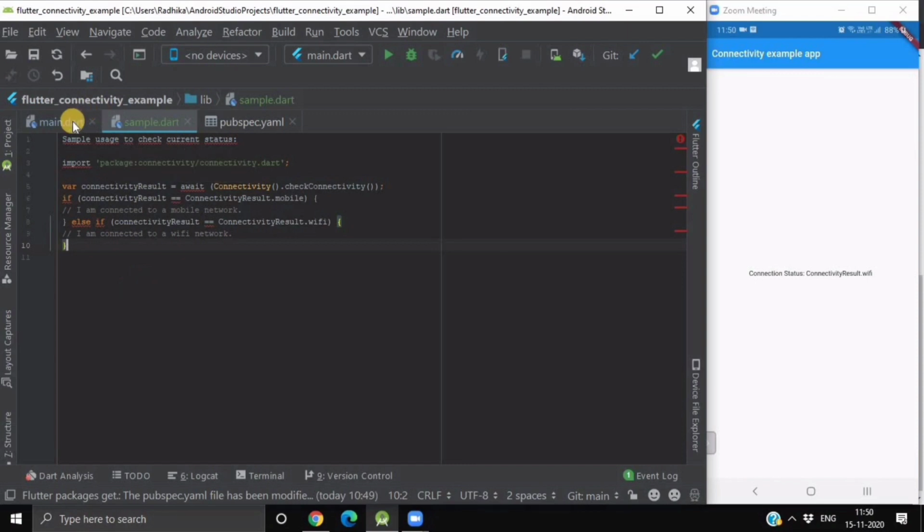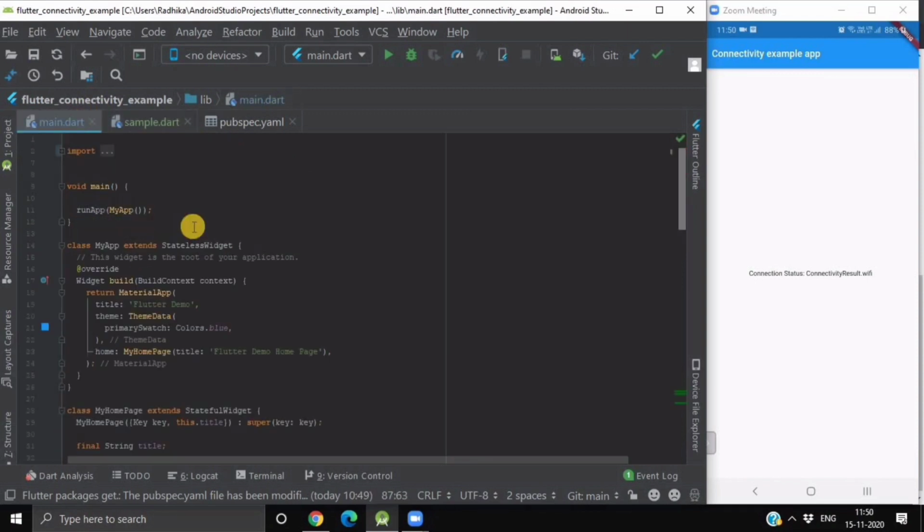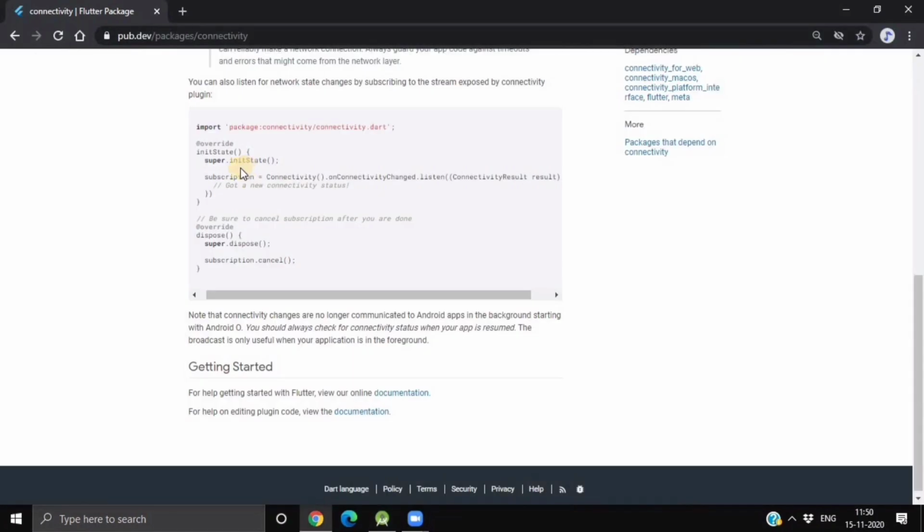But you can also listen for network state changes by subscribing to the stream exposed by the connectivity plugin. For the syntax to listen continuously to the current network, you have to subscribe to that stream.